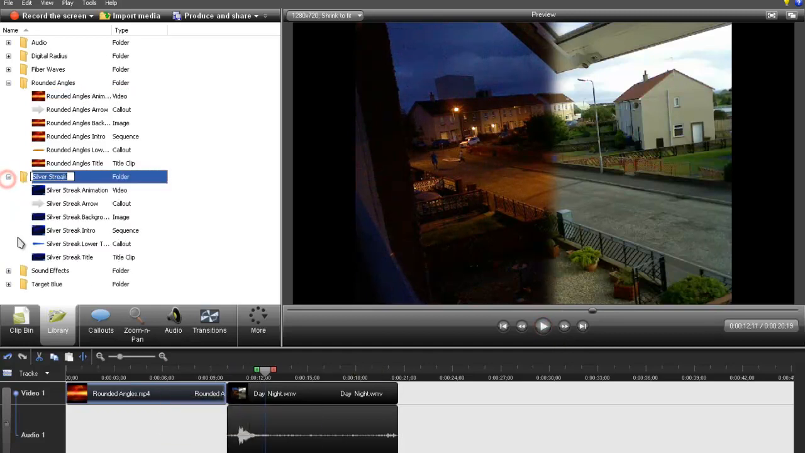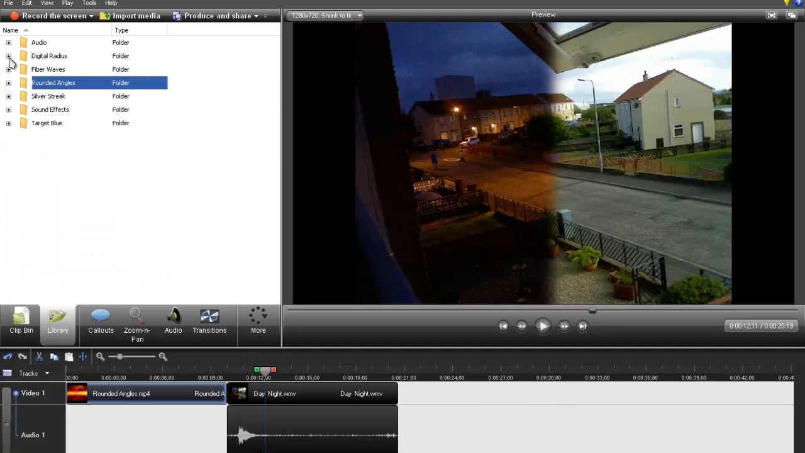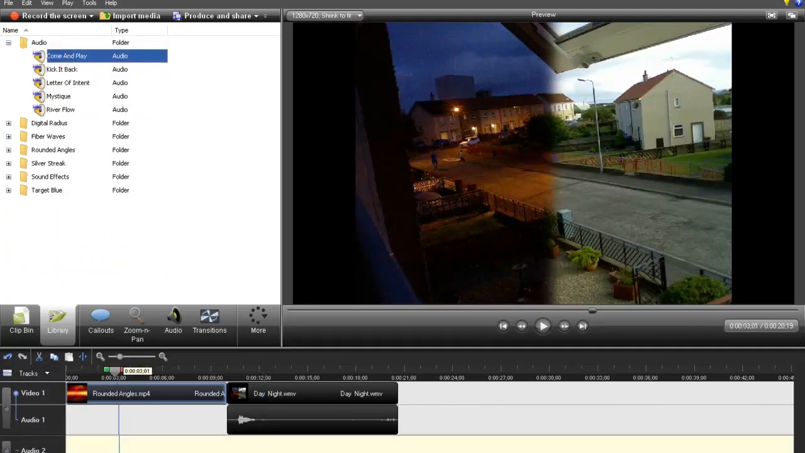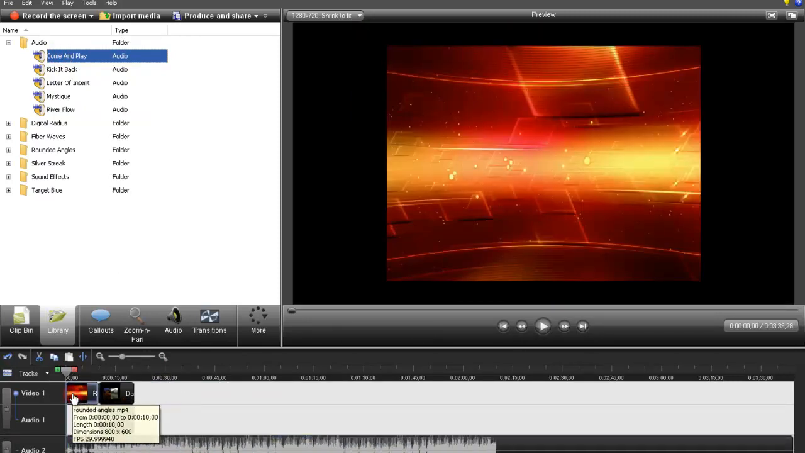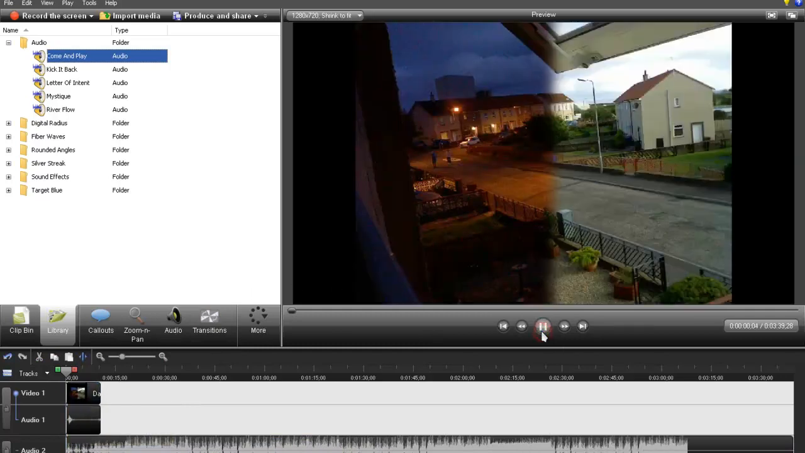And that's basically what the silver streak is. I think target blue, yeah, target blue, silver streak, rounded angles, fiber waves, digital radius. But you've got some audio here. So if we drag this onto the second timeline, just delete this little transition here right now. You've actually got some royalty free audio there. So that's actually good to use in some of your videos. And you've got a selection of basically 5 audio there,